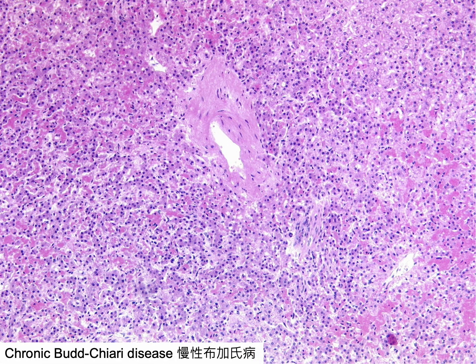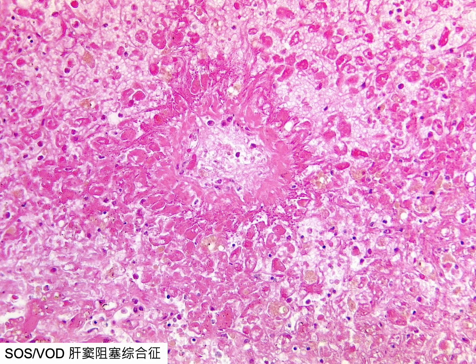In long-standing cases, fibrosis of the central vein can be observed, as shown in this example. Pericellular fibrosis can also be found in chronic hepatic outflow disorders. Obliteration of the central vein and zone 3 hemorrhagic necrosis are characteristic features of sinusoidal obstruction syndrome (SOS), which is strongly linked to exposure to chemotherapeutic agents, radiation, and specific toxins. Additionally, it's important to remember that SOS is also a differential diagnosis for the acute hepatic necrotic pattern.